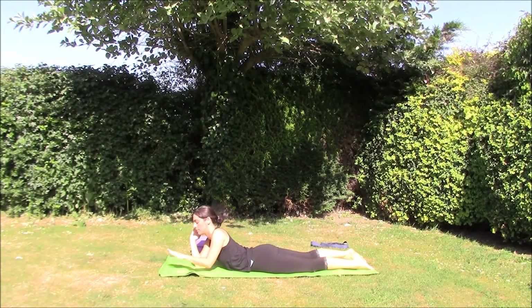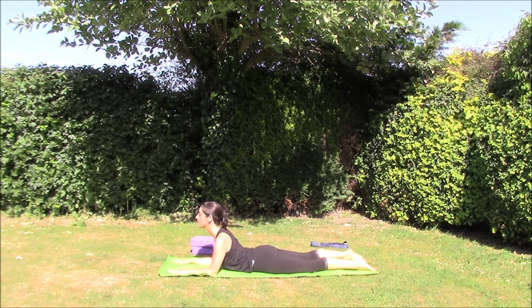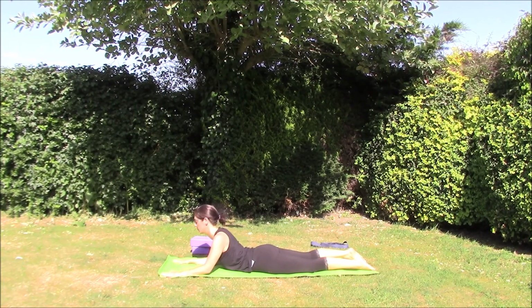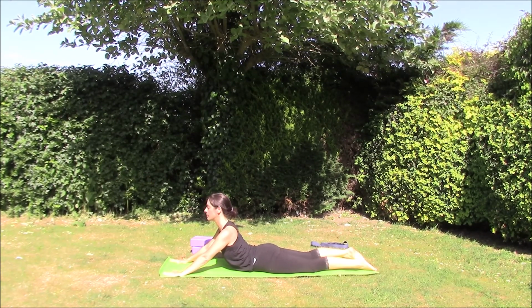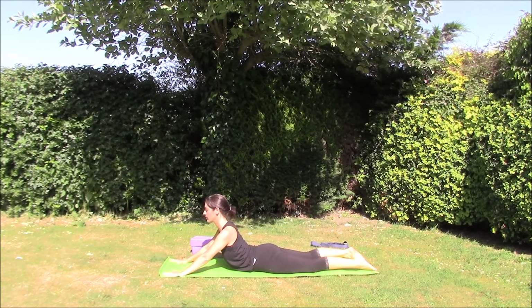And then slowly lower those forearms down, shoulders width apart, elbows beneath the shoulders, and press that heart forward into Sphinx pose. Again, keeping that lower body soft and taking it into an upper back stretch passively. From here, pressing through the palms of the hands if it's okay on your back, and pressing up into seal pose. So lengthen through the arms, bring your body into more upright position, supporting that weight on outstretched fingers, and